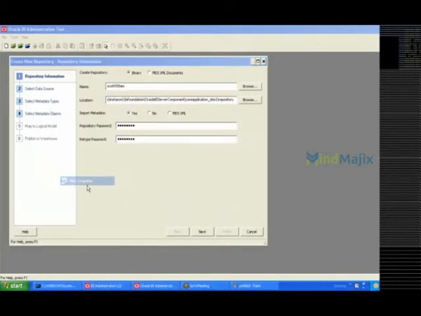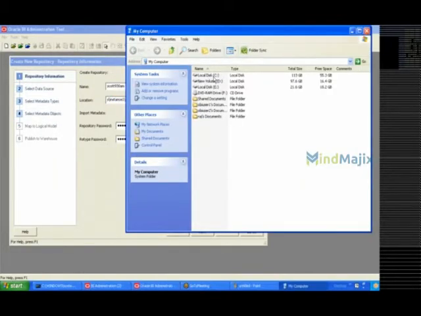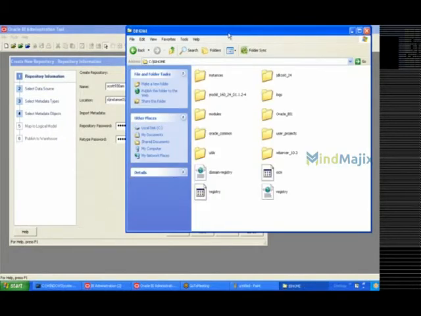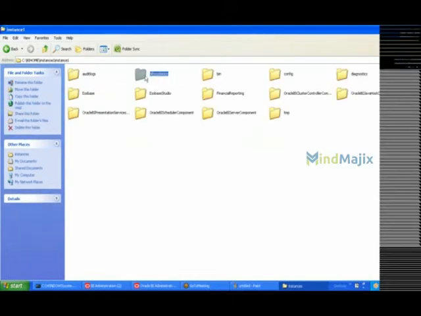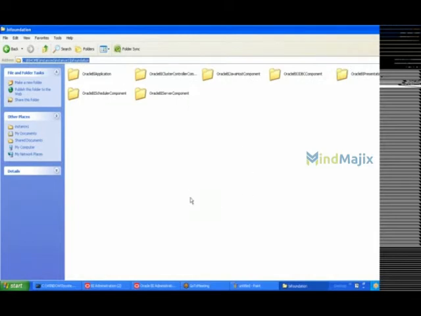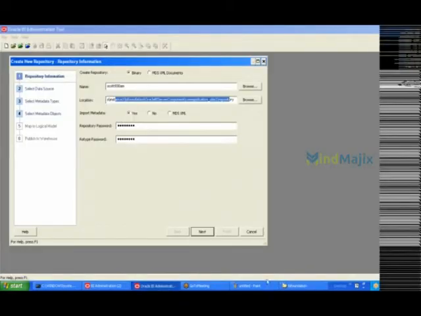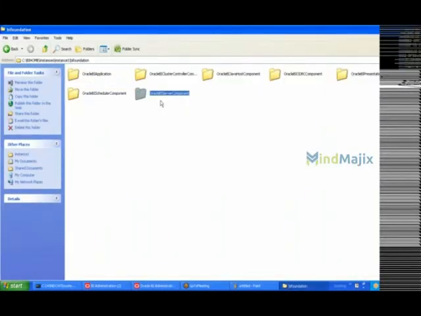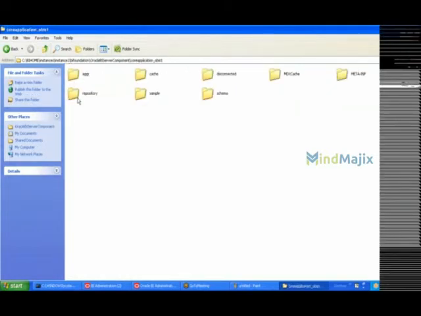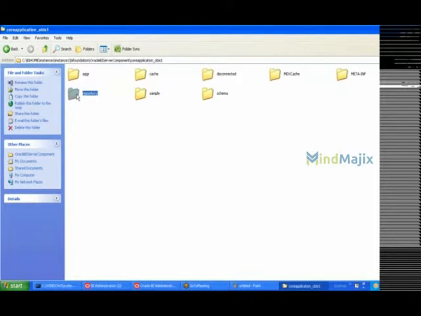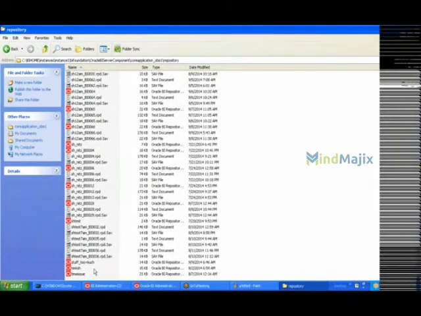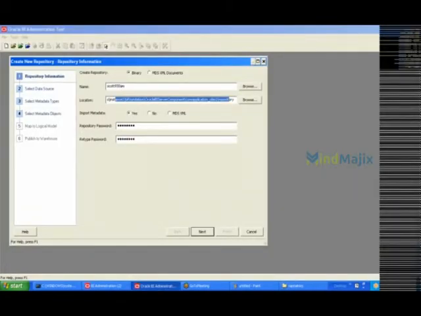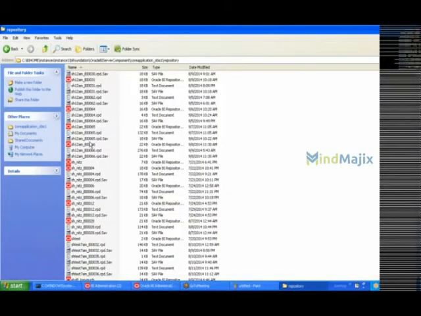Let me browse through that location. The installation location will be the installation drive, in that the installation folder, then instances, then again instance, then BI foundation. After BI foundation, if we are talking about RPD related work, then we need to go with the BI server component. Open Oracle BI server component, core application, then the repository folder. In this repository folder we are able to see all the existing RPDs. Currently, if you observe, I do not have any RPD with the name Scott 9:30 AM.